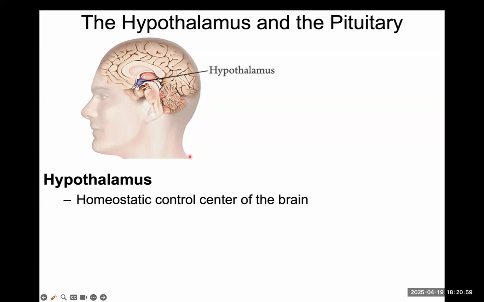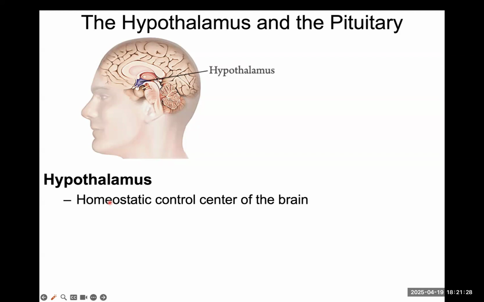So in the brain, when you dissect it, you know where the thalamus is, and below the thalamus is the hypothalamus. The hypothalamus is the main control center of the brain. It tries to keep the homeostasis of the body. So it's the main controller for the basic functions in your body, things like body temperature, respiratory rate, all kinds of things. But we learned that the hypothalamus is also part of the limbic system. The limbic system is responsible for memory and emotions.